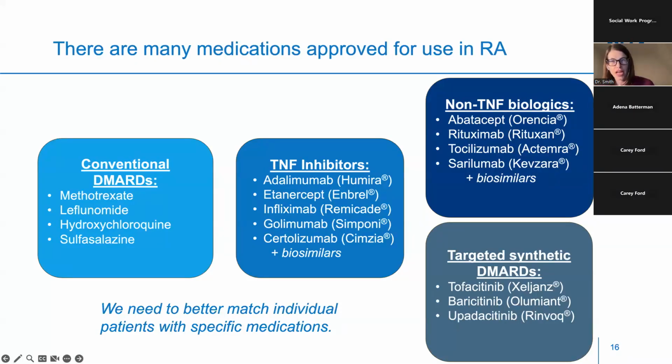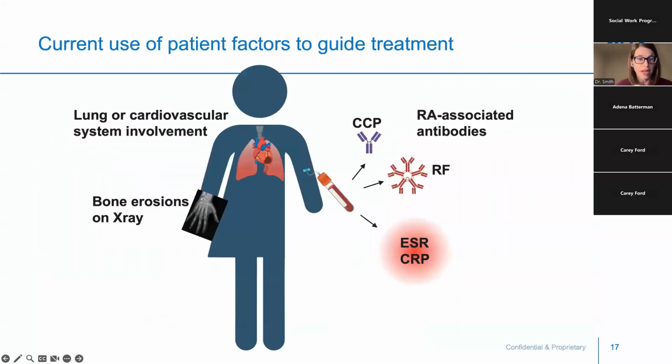So I'm going to show you next some of the factors that we use to figure out what medication may be best for a patient. This is by no means exhaustive and does not even begin to take into consideration a lot of the patient preferences and other medical problems a patient may have. But these are some of the factors with specifically their rheumatoid arthritis that we think about as we're recommending medications to a patient. So one is RA-associated autoantibodies, rheumatoid factor or RF, and CCP,